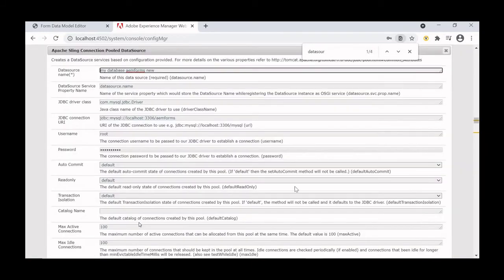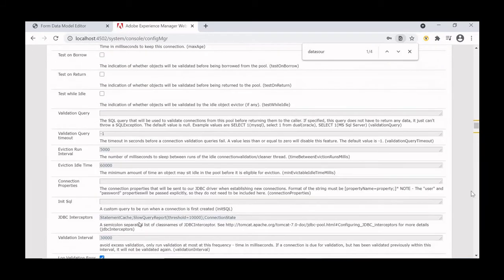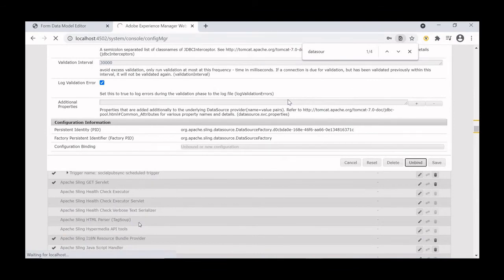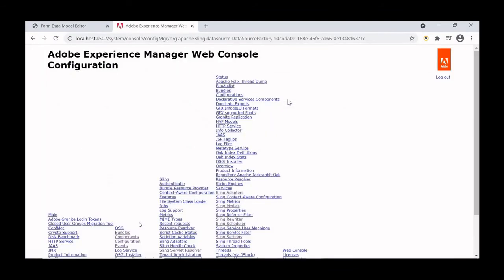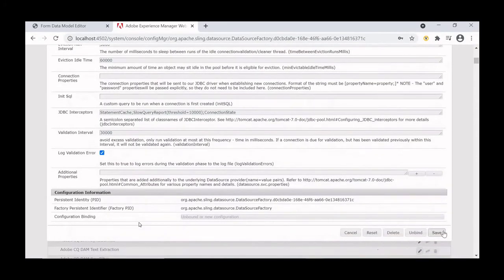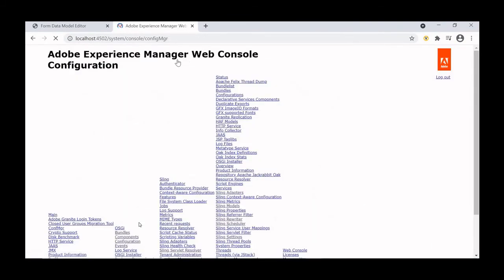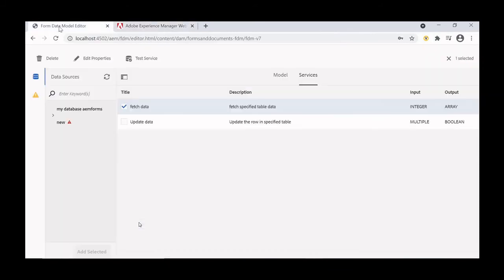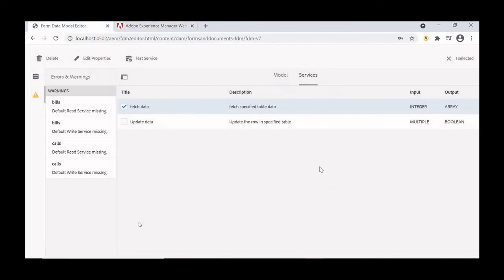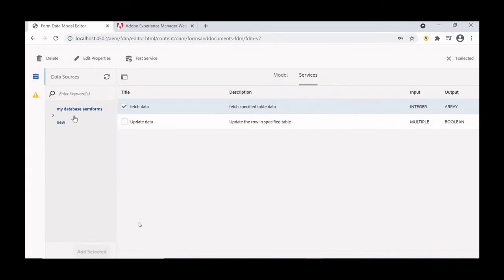Open the SQL configuration, unbind it, and save it again. Now if I refresh this, the problem should be resolved. Okay, now let's try it again.